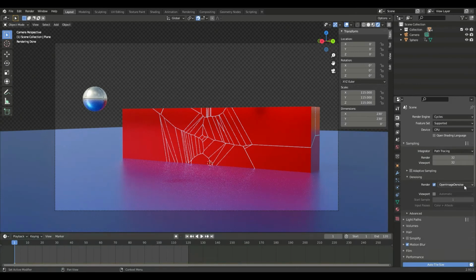So not only with the Open Image Denoise and the small samples, when you press render, these tiles are going to be either bigger or smaller, depending on your computer's power. For me, they ended up getting bigger than the originals, but that's fine. That's just because I'm using a pretty good computer. But see, look, that finished in a few seconds instead of half a minute. Even though that's pretty fast. So that's a pretty good render there. So yeah, that's pretty much it.